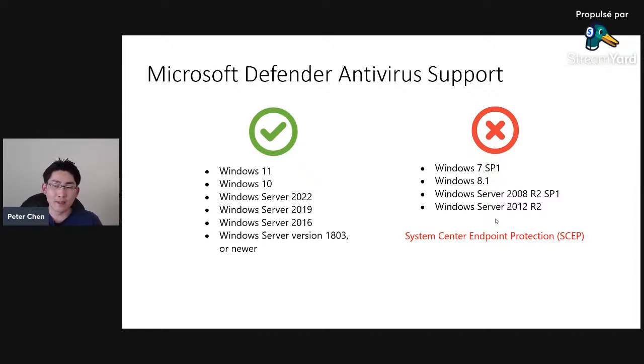So what you have to do in that case is incorporate another solution, either a third-party antivirus solution to help you complete that AV and EDR protection, or you can deploy Microsoft System Center Endpoint Protection on these older versions of the OS to help you provide that same level of protection compared to the newer OS versions. So that is something to consider, whether it's your existing deployment or a new deployment, that the operating system requirements for Defender for Endpoint and Defender Antivirus are different. And with that said,